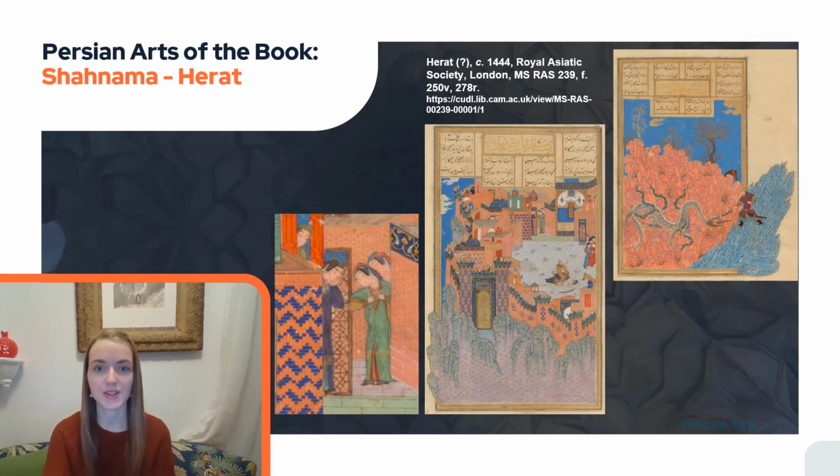We see a Herati-style painting with an even greater focus on the landscape and architecture surrounding the main scene, which is again a fight. But the central scene on the left is actually pretty small compared to the large rocky outcrop surrounding the palace walls and the colorful architecture itself.